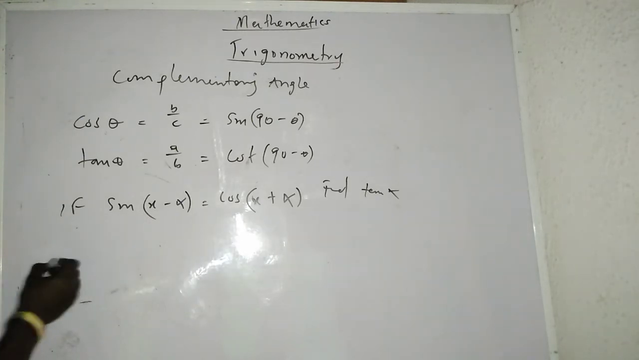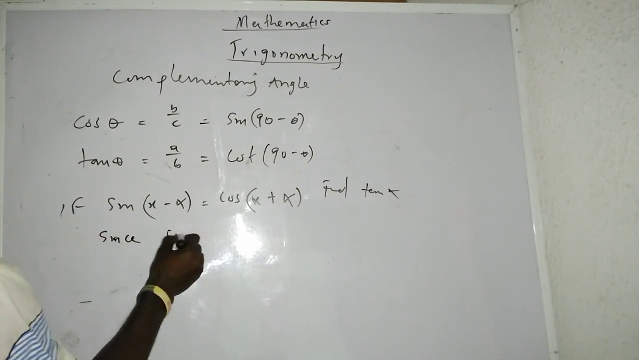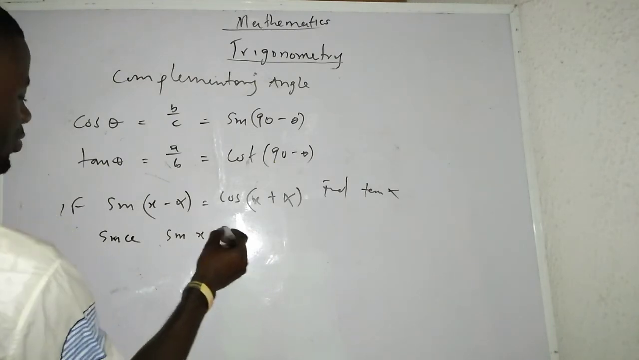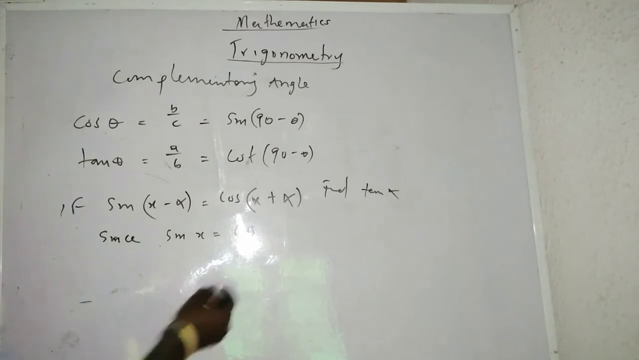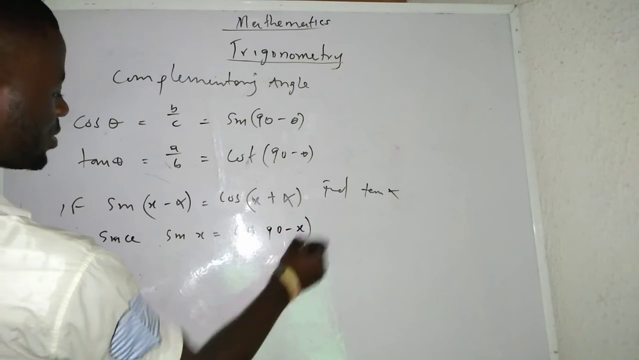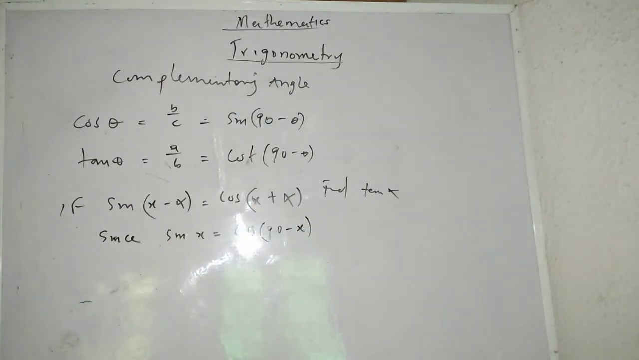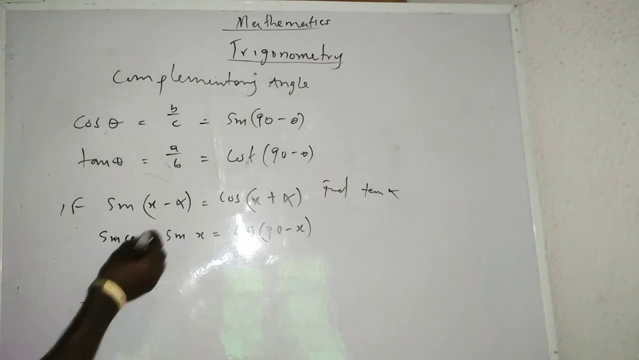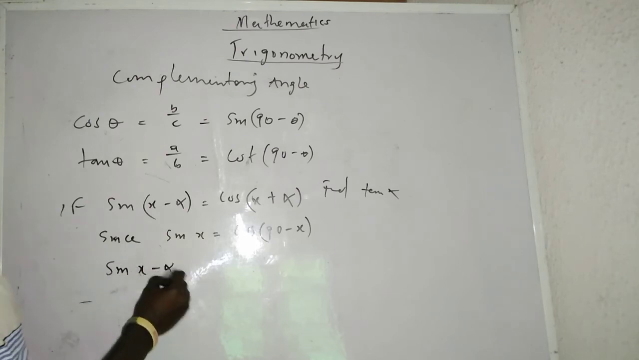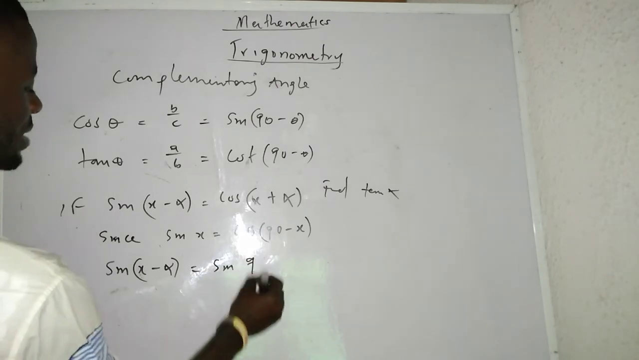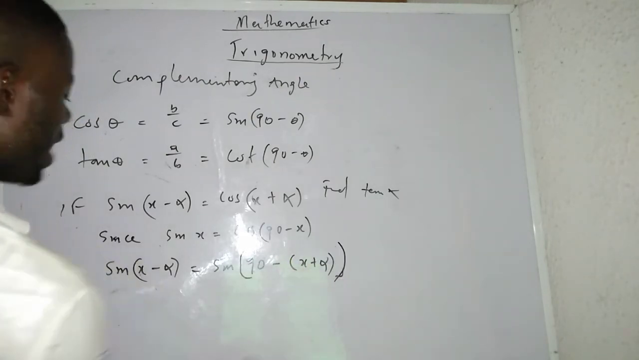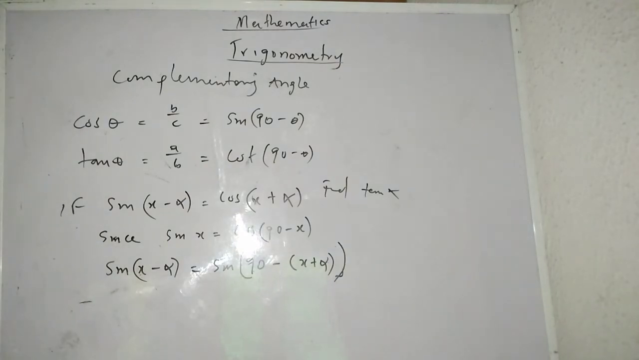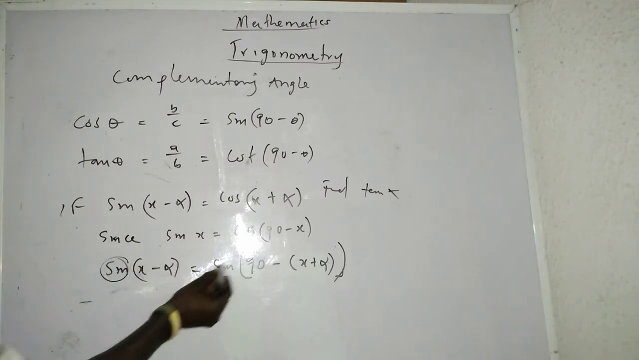Now, how will I do it? I can go by having something like this. Since sine x is equal to cos of 90 minus x, the same thing, and I'm just using x as my angle, I can now express this: sine of x minus alpha can equal sine of 90 minus x plus alpha, in big brackets. Since I have sine and sine,